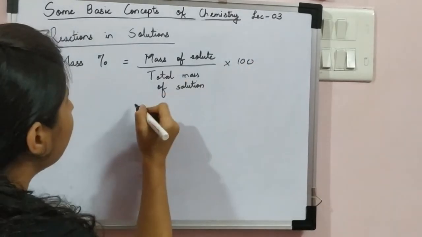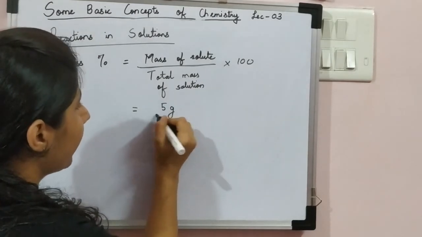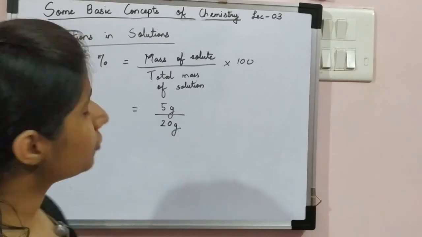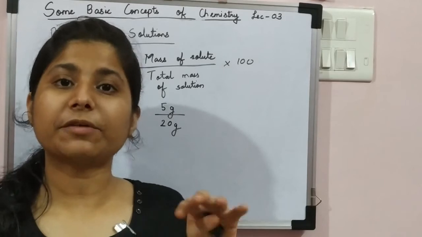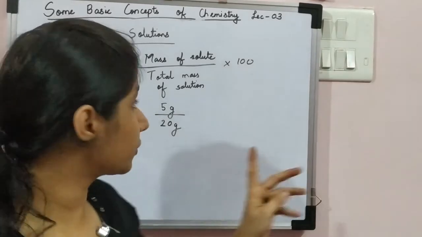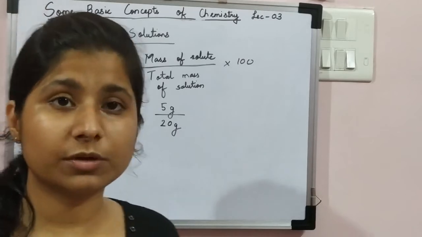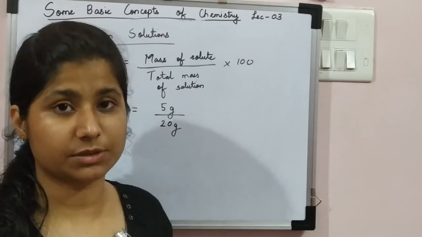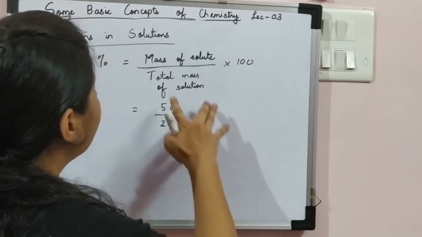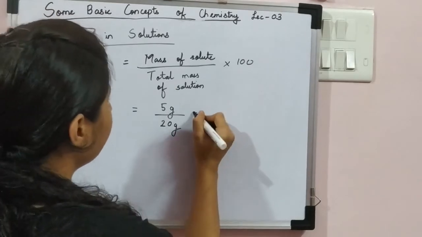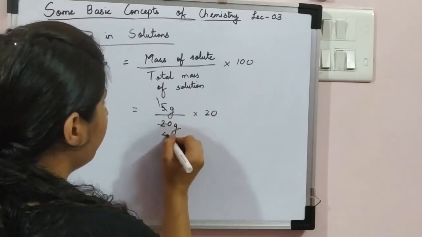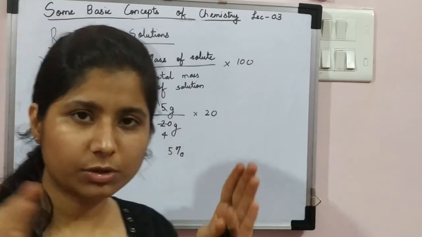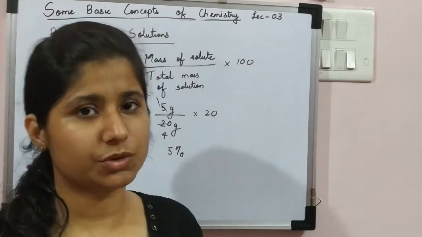Now let's say I have 5 grams of a solute, and I have added this in 20 grams of a solution. So 20 grams of a solution means what? It is 5 grams of solute and 15 grams of solvent. So 5 plus 15 gives us 20 grams of solution. So they can also give the weight of the solute, give the weight of the solvent, and then ask the mass percentage. What you have to do in the denominator is add both the masses. So 5 upon 20, into 100. So this turns out to be 1 upon 4 into 100, which is equal to 25%. So 25% of the weight of the solution is of the solute.